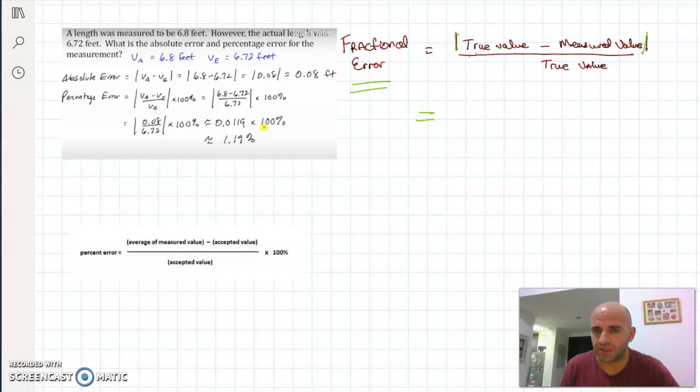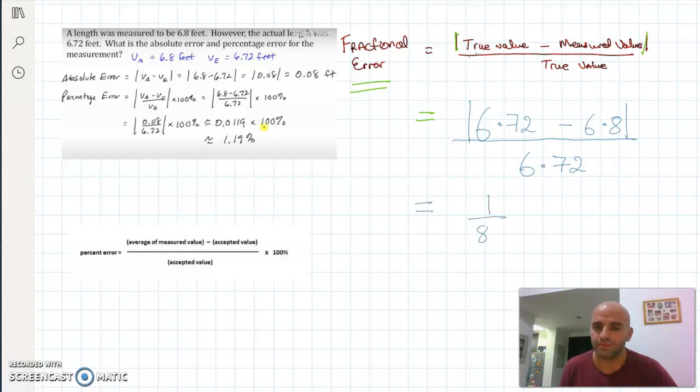It doesn't make any difference. The true value was 6.72 feet minus 6.8 feet. Again, taking the absolute value of those two numbers and then dividing it by 6.72 feet, which was, again, the true value. Now, when you work that out, that works out to be